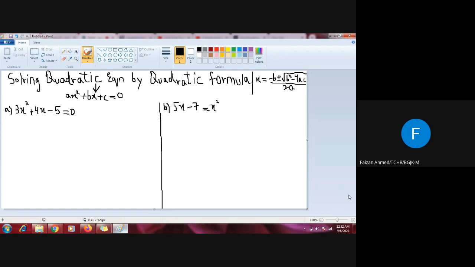We have to draw a graph, which is quite laborious. And the second method was the factorization method, which we did in our previous classes. But the problem with that method was that it has a lot of limitations, and it can only be applied where the factors are whole numbers and where the quadratic equation has easy factors. Every quadratic equation cannot be factorized, and sometimes it is very difficult to find the factors.